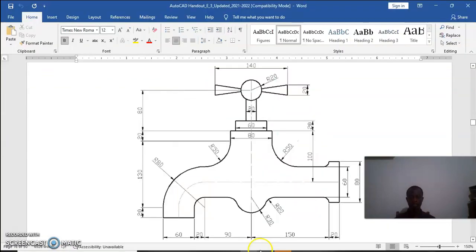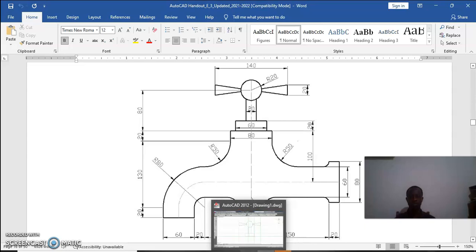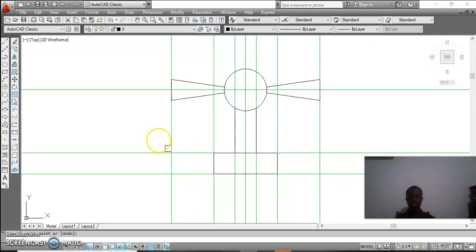So it means that I've been able to do this, and then I've been able to do that. Now you could see that this is 80. The length of this very one is 80. I've already done it. So I can go here 40, I can go here 40. So the point is that I can go here, but because this line is already there and it's 60, so